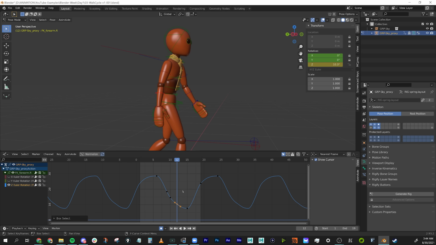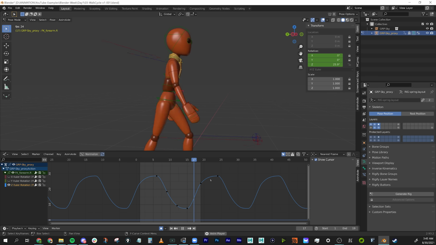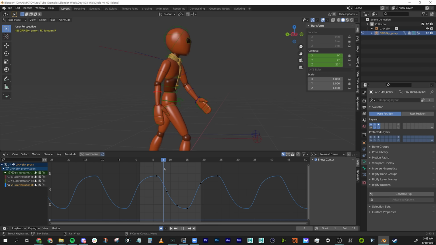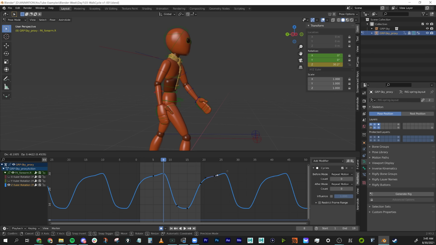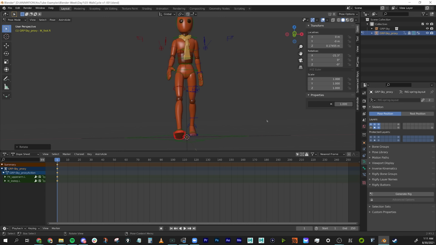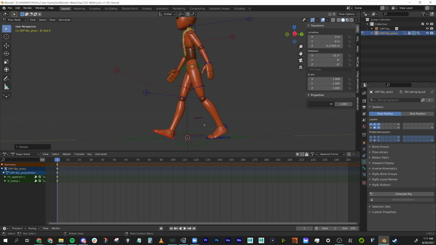Unfortunately, with this rig, the elbows were inverted, so if you grabbed both elbows and typed a value of 10, one would go forward and one would go back because they were reversed versions of each other. I also didn't know that you could paste flipped at the time. I will say though, the Alt-G or Alt-R or Alt-whatever to reset the pose, that's great. I love that. I had to make a hotkey in Maya to be able to do that,